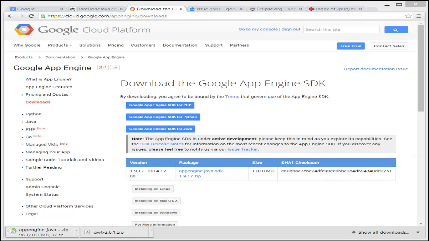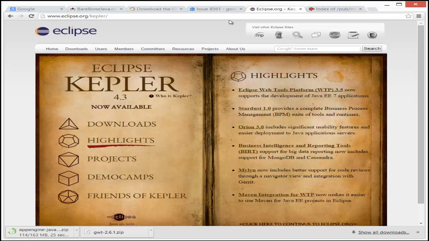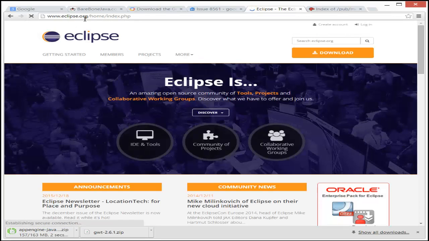So that's downloaded. The next software we're going to download is Eclipse. Eclipse comes in different flavors. The one we're going to be using is the Kepler version, 4.3. The version is 4.3, and the name of it is Kepler. Eclipse names its different versions. For example, if you go to the main site of eclipse.org,